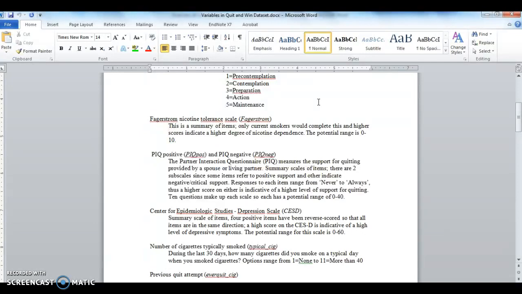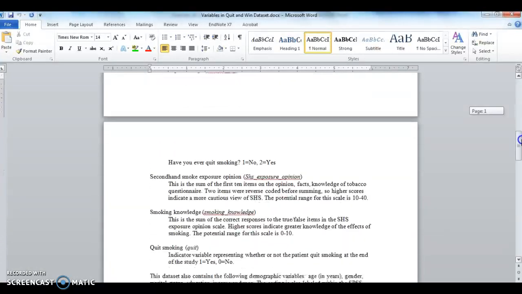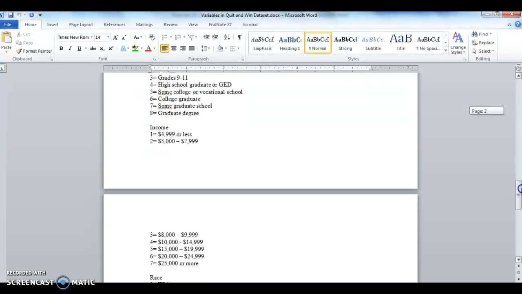With 0 being the least dependent and 10 being the most dependent, because it's a sum of 10 items, we tend to treat this as a continuous variable for the purpose of analysis. So just keep in mind, Fagerstrom gets treated as a continuous variable, and the other one that we're looking at here would be